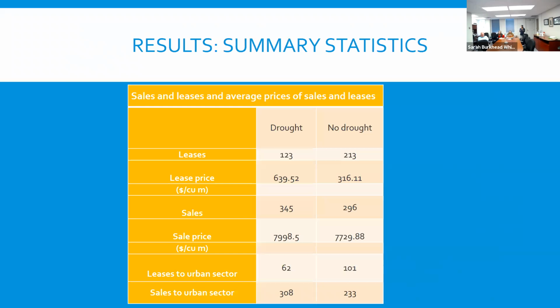That's strange, because if you see the sales prices, they're consistently similar. So that makes me think that sales may not be as much driven by droughts. Though my drought variable is significant, a lot of sales may just be going on. Right now, many of the cities in California or some entities might just be exchanging water because they need the water. As you can see, I have a lot of sales data in my data set. I have 308 sales to the urban sector compared to 233.